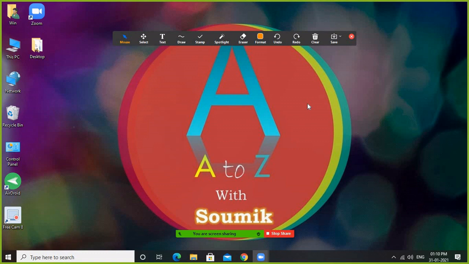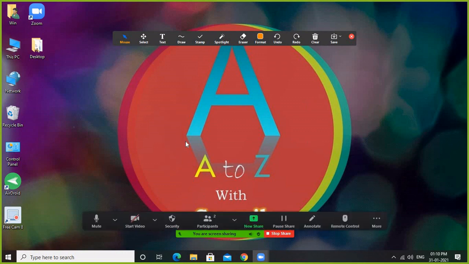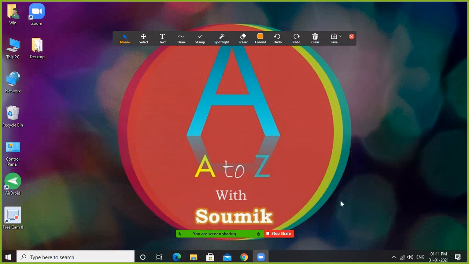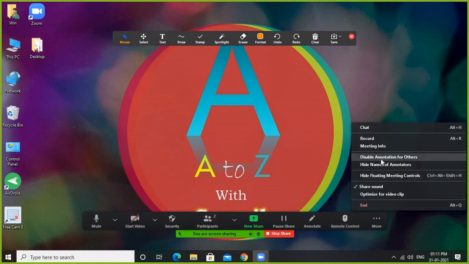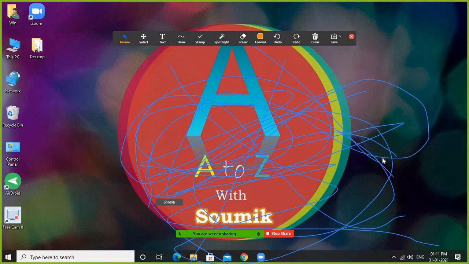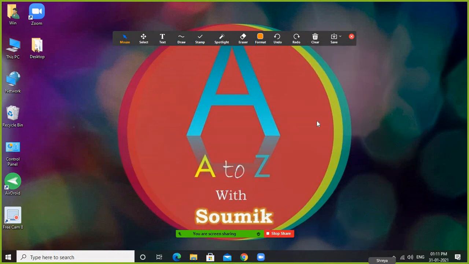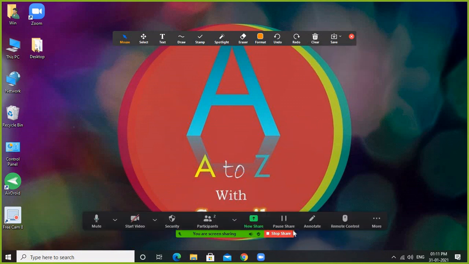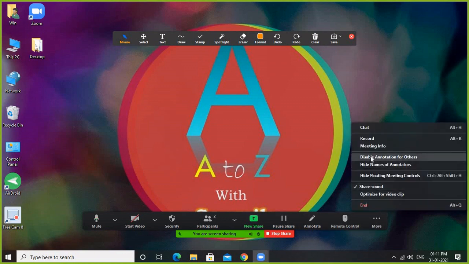As you know, students are very disturbing elements in the classroom, so this option must be useful. Got the point? I will also demo it. Suppose you are not using the disable option. Now you can see I am not doing anything, but a student like Shreya is annotating my screen. Every time you can clear the drawing, but again she can do this. So how can you protect this? First you have to clear, and go to the more option and the disable annotation option.